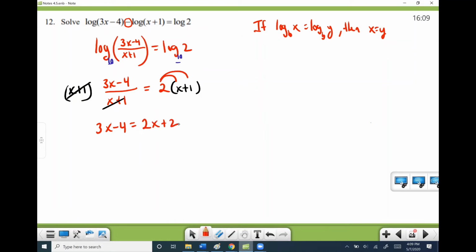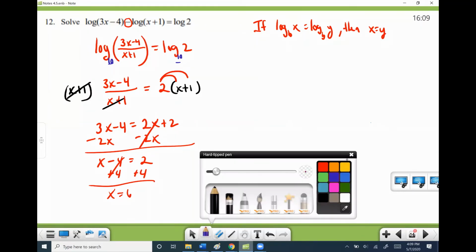Okay. Variables on both sides, move the smaller. So we get x minus 4. And add the 4 over. Okay. We still have something to do though, right? We still have to